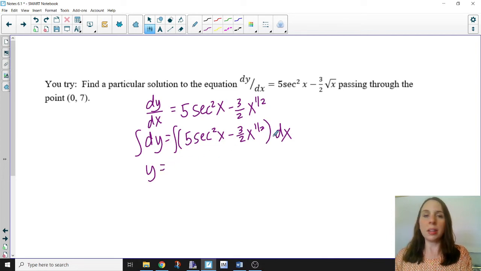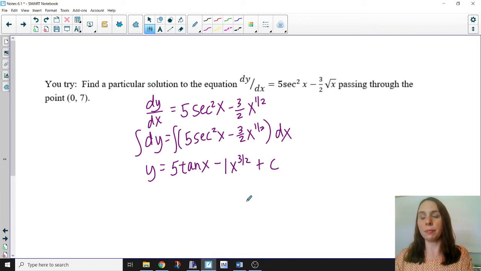On this side, we need an antiderivative. The antiderivative of 5 secant squared, the 5 carries down because of the constant multiple rule. The antiderivative of secant squared is tangent. So we have a tangent x right there. Now for this part, remember, you need to use your antiderivative power rule. Start with your power of a half, add 1. A half plus 1 is 3 halves. Take that new power, and it is what you divide by to get your coefficient. So negative 3 halves divided by 3 halves is negative 1,